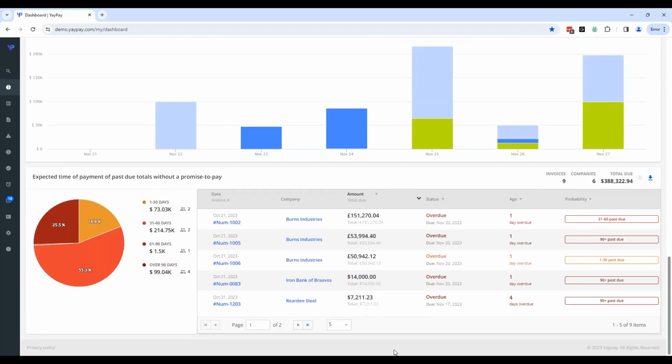And this chart down here at the bottom is one that most individuals, when I'm going through this demo, they're like, why is this one all the way down at the bottom? Because this shows you exactly what invoices have not been paid, right? So what invoices haven't been paid without a promise to pay. So we can see